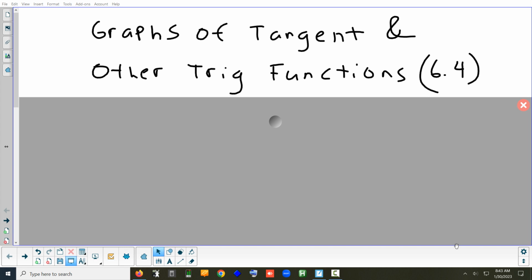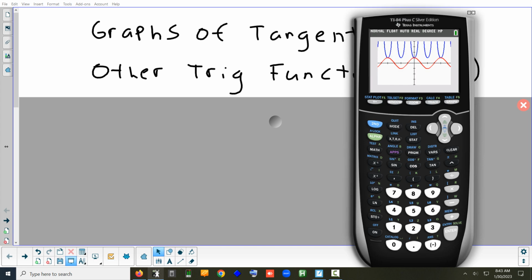Take a look at graphing transformations of trig functions, but we're going to focus on tangent, cotangent, secant, and cosecant. So let's take a look at sine and cosine. Just remember what those look like. Okay, while that's coming up, does anybody remember what sine and cosine looked like